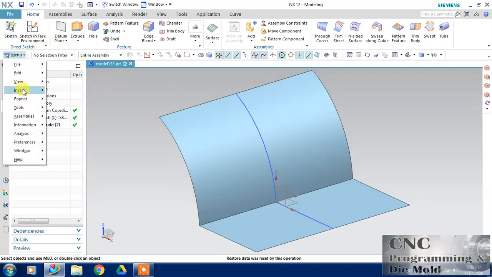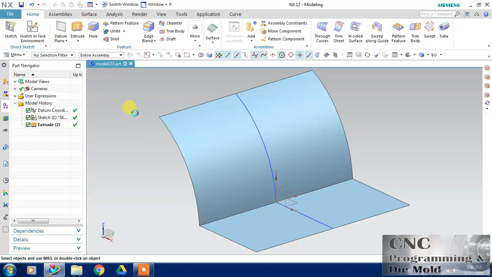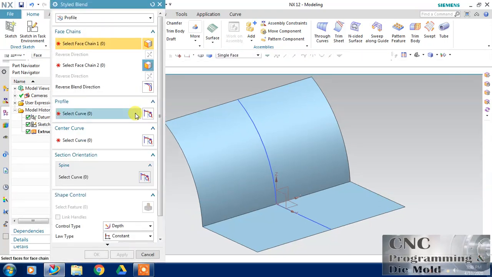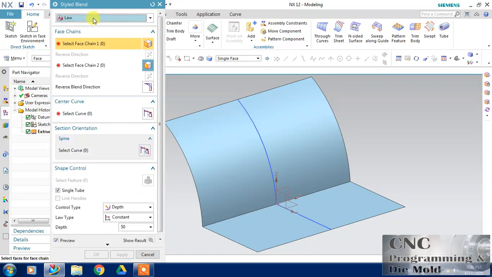So let's start with this style blend. In style blend we have three options: law, curve and profile. First I will use this law, and with the help of this law, select the first surface.